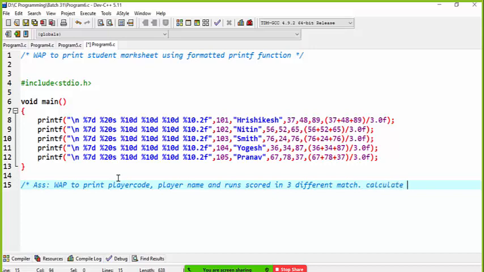Calculate and print the average runs using the formatted print function. You can try to print 5 player records, where you print the name, the code, and the runs in 3 different matches. You can do some calculation to print the average runs scored by each player.